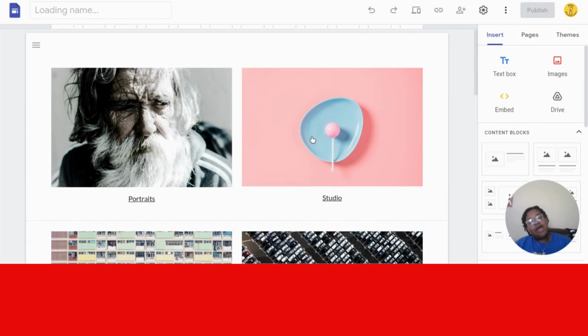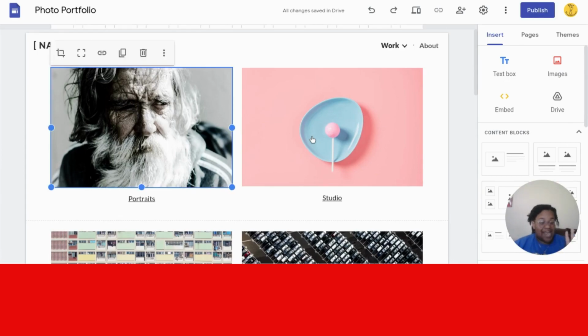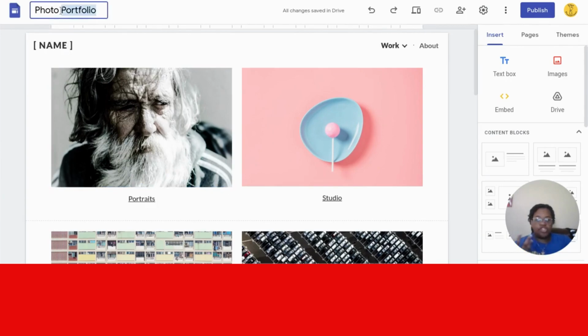So right now it's showing you the behind the scenes of a website. You'll see on the right-hand side it has insert, pages, and themes. On the left-hand side, you'll see what the website will look like anytime you make a change. So right now, this is the home page of the website we're about to create. Right here, we're going to change the name to, I don't know,